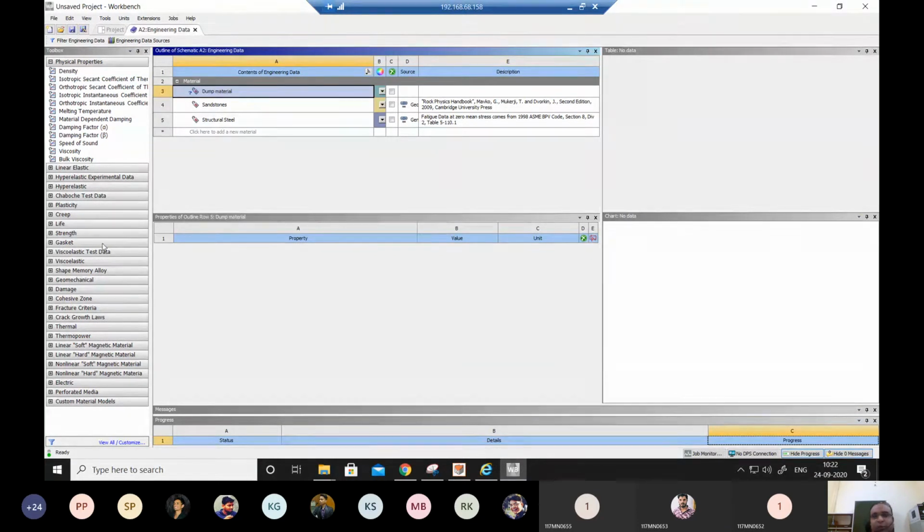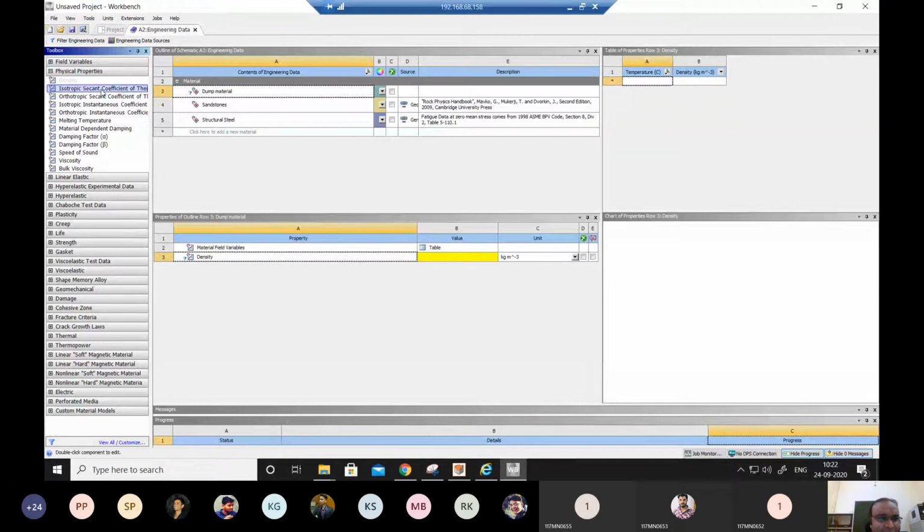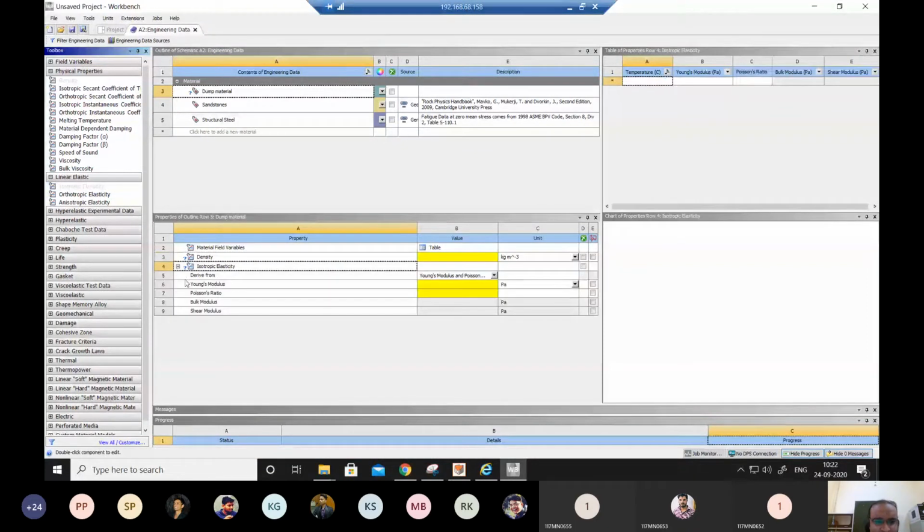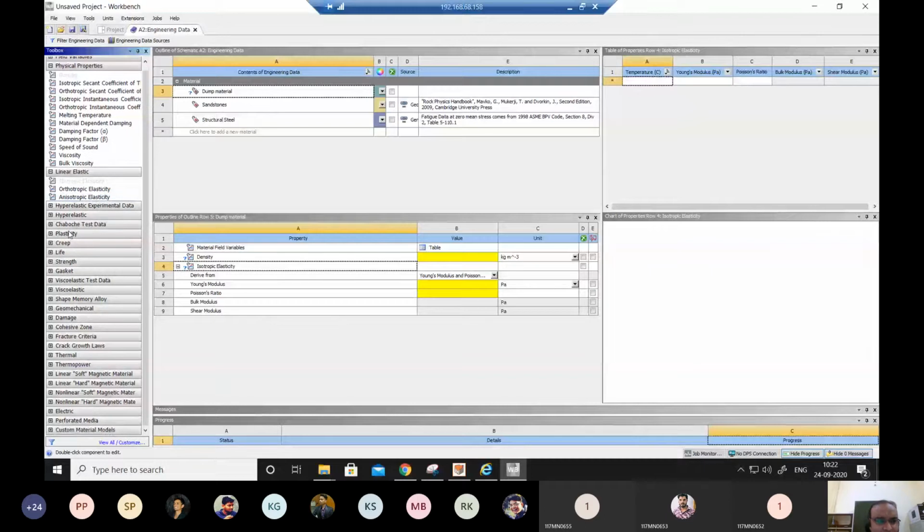And the amount of data you can give is based on what kind of analysis you want to do, right? So suppose we want to do just the structural analysis. For a structural analysis, we know what kind of values are required. For example, density will be required. So let's put in density. Right, and then we can give many other things, like suppose a linear elastic model can be given. In that, we can give Young's modulus, Poisson's ratio, and bulk modulus, shear modulus. It will automatically calculate, and then we can give